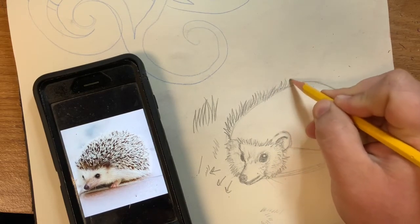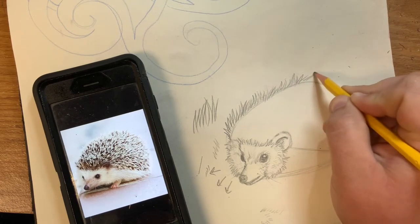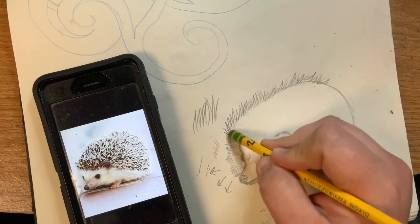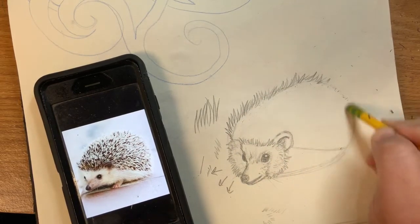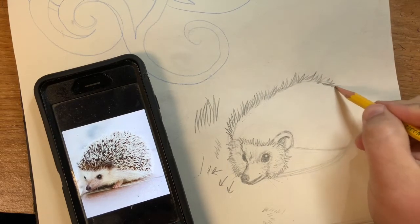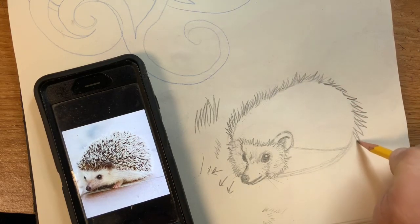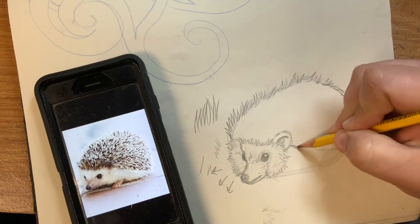I see that in some parts maybe it's fluffing its spines up intentionally, so some parts are going in a weird direction that they wouldn't naturally flow in. And of course, if you don't like the look of this smooth line in there, feel free to erase it first so that you don't have to do as much erasing later. Just don't erase it so much that you can't tell where you're going to go, because sometimes that can get confusing later. So really focusing on making those long and kind of pointy and sharp looking to really emphasize that kind of spiny texture. And then I'm also going to carry that spine texture down here on this line,